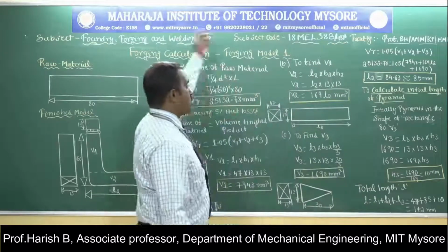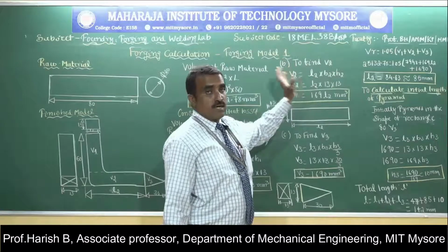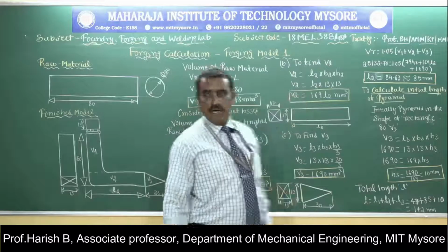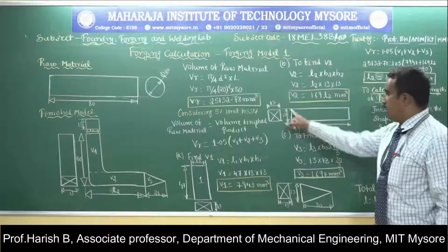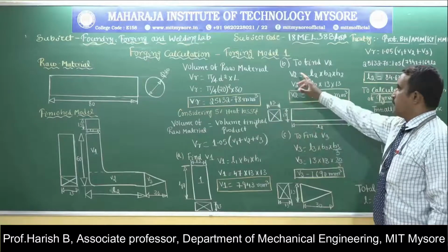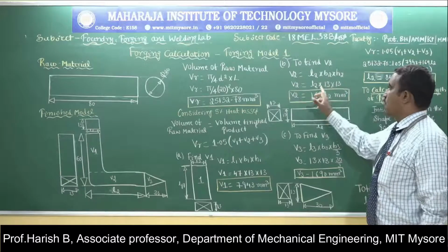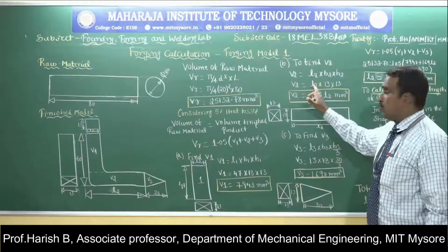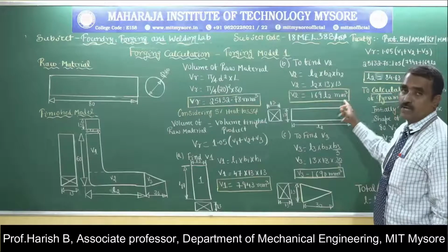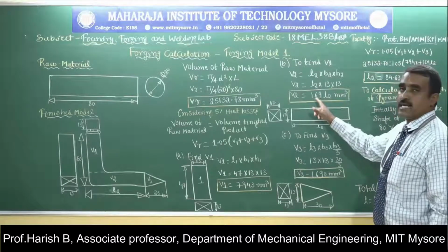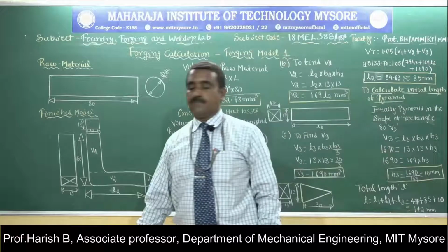Then we come to the volume of the second cross section, V2. Once again the same formula; consider this rectangle, you can see in this figure. L2 we don't know, whereas this is 13 and this is 13. Applying the formula, V2 is equal to L2 into B2 into H2. Substituting the values, L2 is unknown, and B2 is 13. So V2 we get in terms of L2 as 169 L2 meter cube. That is the volume of the second cross section.